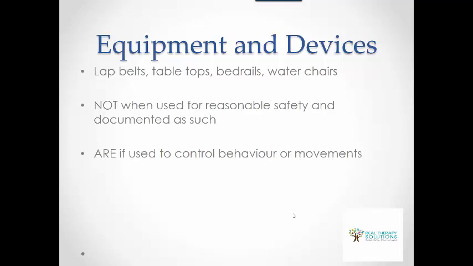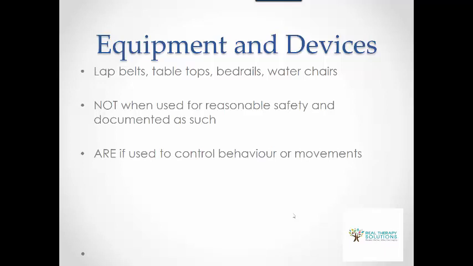Things like bed rails, again, are commonly used when people suffer from epilepsy to prevent them from falling out of their bed during the night. But the moment you use it because someone maybe has a history of wandering or it's unsafe for them to get out of bed at night and you're putting that restraint in place, then it's considered a restricted practice. A better option for those kinds of things is just maybe a little alarm on the door or something that gives an auditory response to let staff know that the person's up and about and moving.